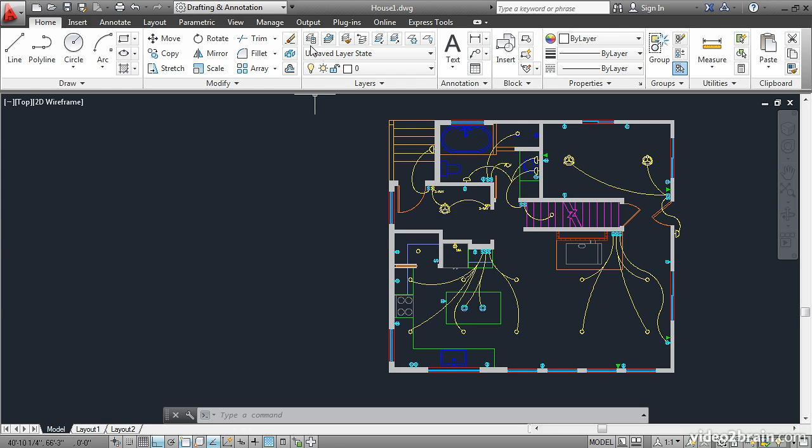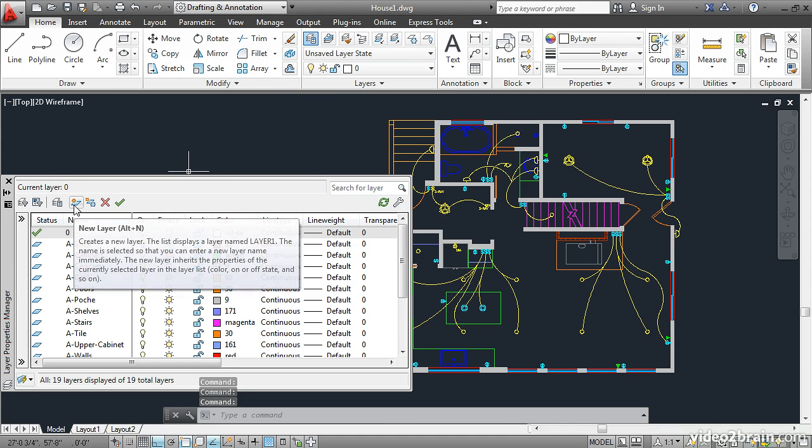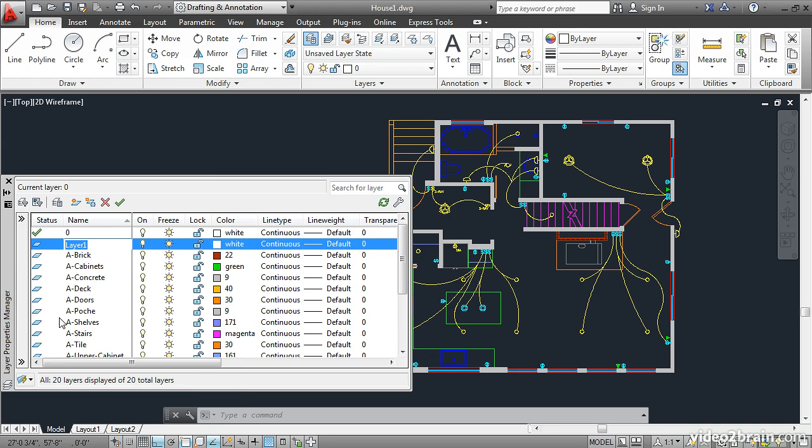Click the Layer tool here on the Layers panel. This opens the Layer Properties Manager. Click this button to create a new layer. Type A-header. A refers to the architectural discipline, and header refers to the part of a wall above a door